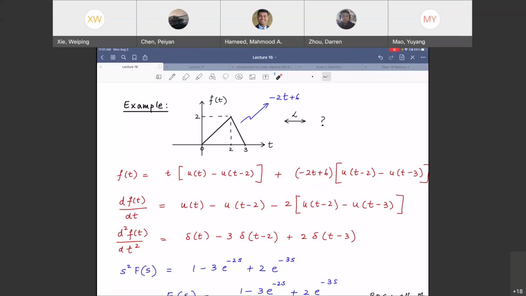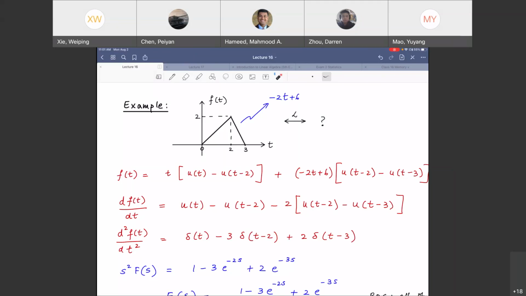So if you differentiate it, what do you get for the first one? Well, t has a slope of 1, so you multiply the gate function by 1. The gate function is still the same, but instead of multiplying by t, now you're multiplying by 1. How about for the second one? The slope is -2, so you're multiplying by -2 for the same gate function. You're just evaluating the slope of those lines for the first gate function and the second gate function.